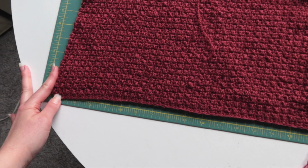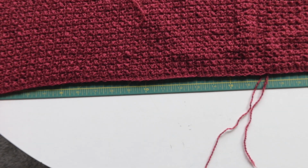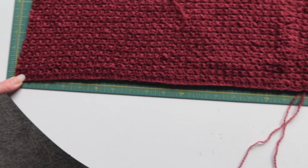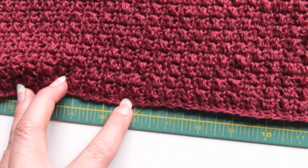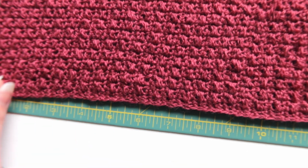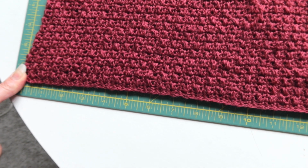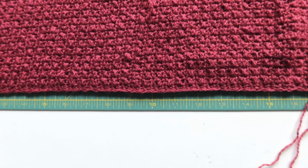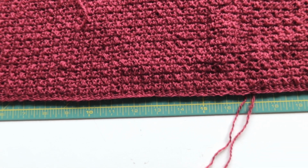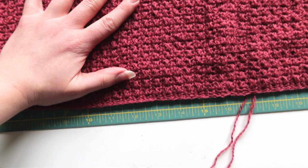So that's always fun. I'm getting a little bit nervous because this section down here at the end, we're finishing up with single crochets, which means the bottom portion of the sweater is much tighter than the rest of it. It doesn't have as much stretch. I'm hoping that blocking is going to fix that. Maybe. This is wool, so hopefully it should block well. If it doesn't,